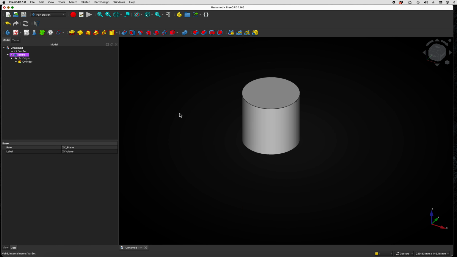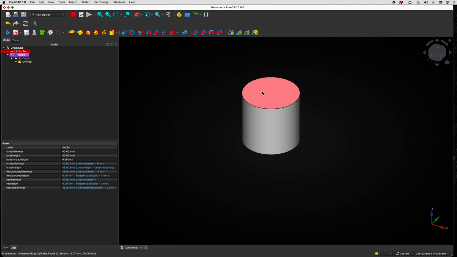Click OK. All right. By the way, if you click on the varset, you will see all of your defined variables. Those in white are those that you set personally. Those in blue are calculated as we did the calculations as we developed the varset. Okay, so now we have to put on top of the cylinder